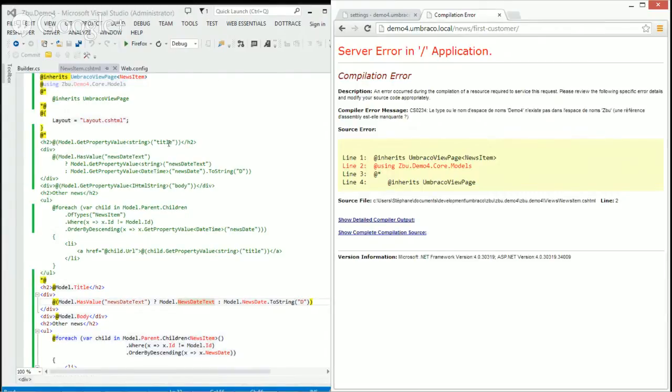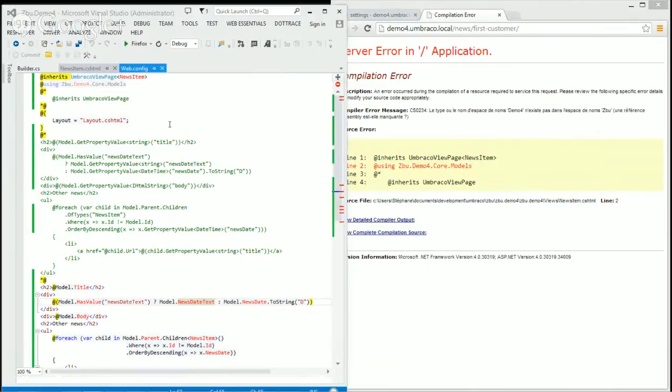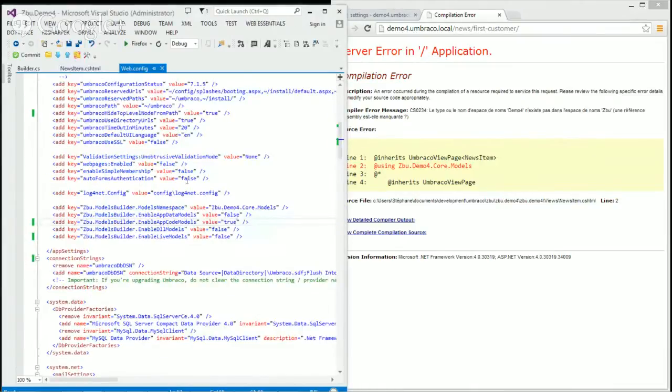So some people say, that's nice, but we have the overhead that we recompile everything. Could you instead compile everything for us and create a DLL? So I'm going to disable APP code models. You can't enable all sorts of models at once. We will throw an exception. You have to pick one way to do things. And then I will enable the DLL models.